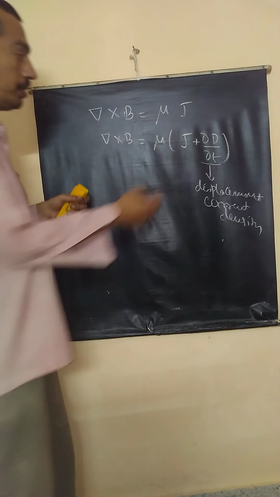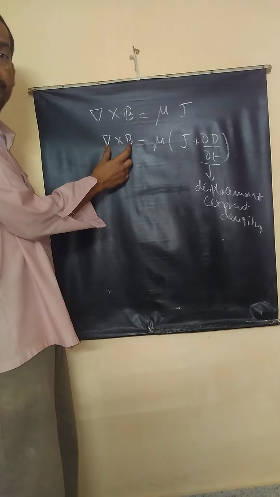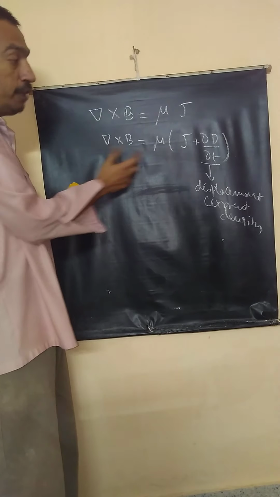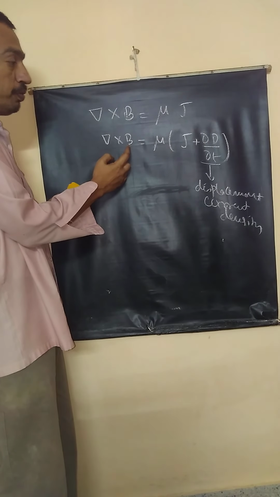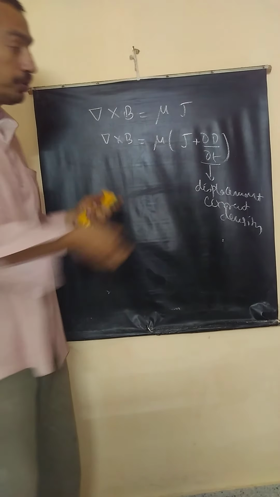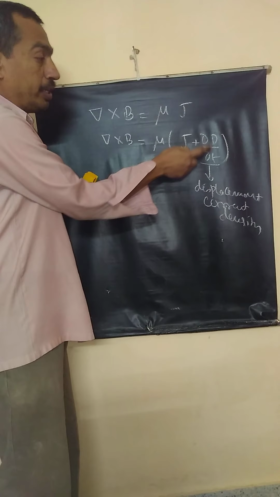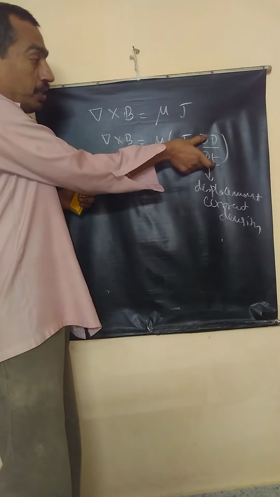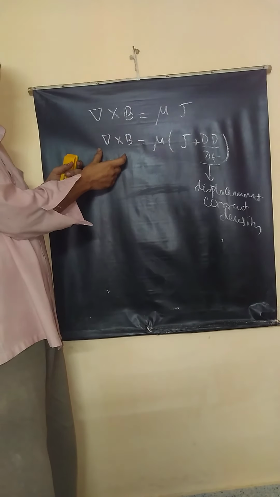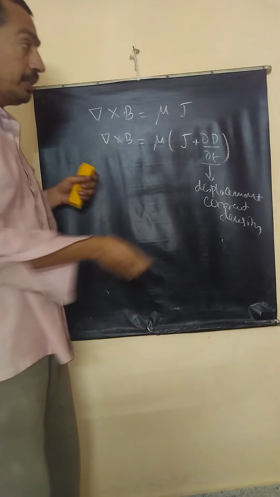It shows current flow of electrons produces magnetic field. Left hand side is magnetic field. Everyone knows flow of current produces magnetic field. But Maxwell's modified Ampere's law shows there is one more way of producing magnetic field: dou D by dou T. This term also produces magnetic field. What is this term? Rate of change of electric flux density.